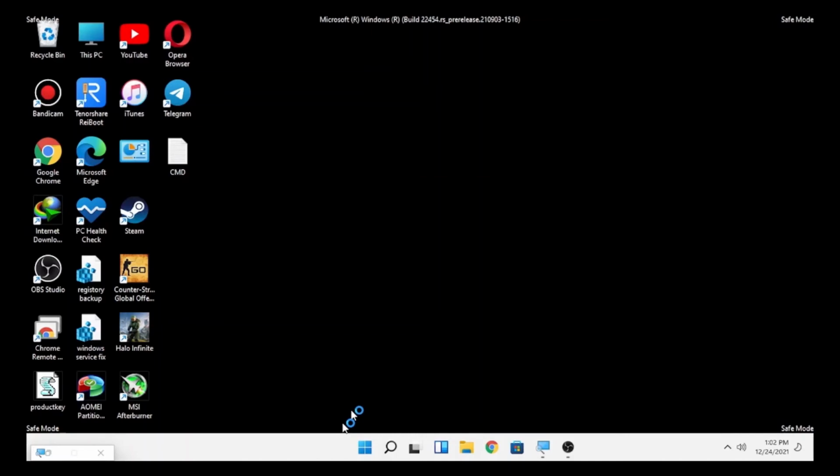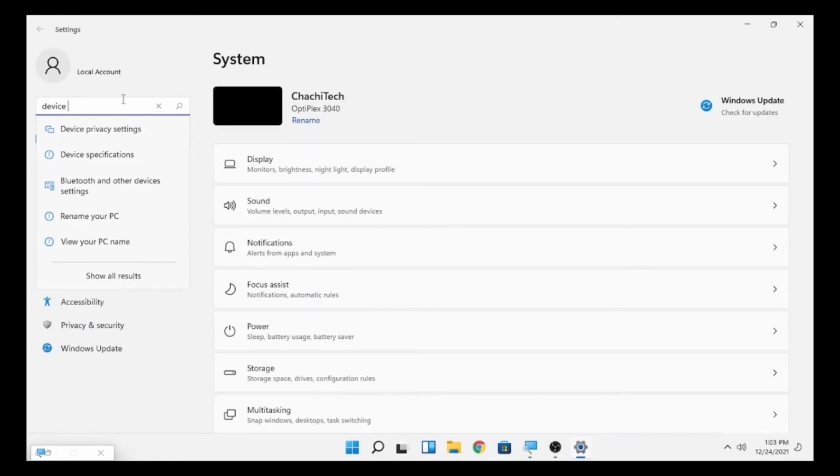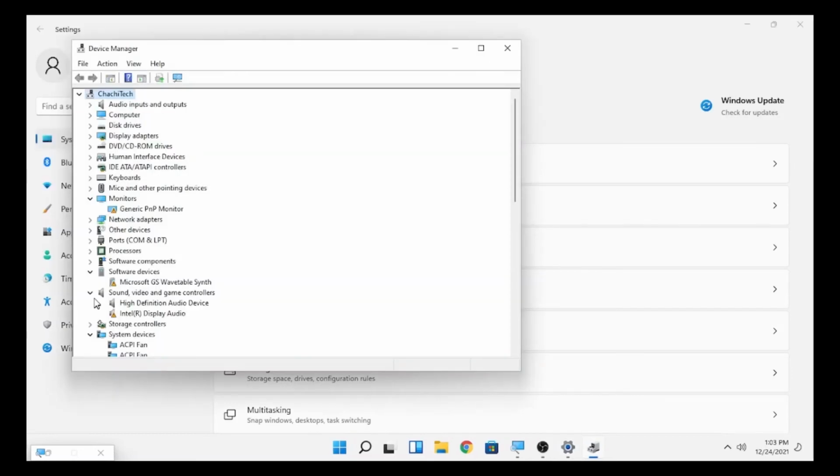So check or update each driver that you think is causing the restarting, maybe related to the computer, which is this one. Select update driver and search automatically for the driver, and it checks that the best driver for your device is already installed, as it's saying. So check each of them and update each of the drivers.